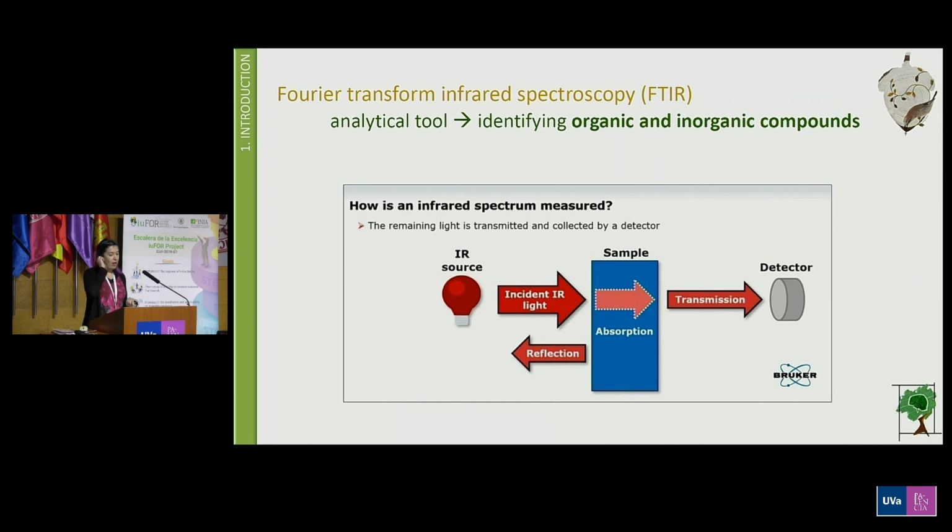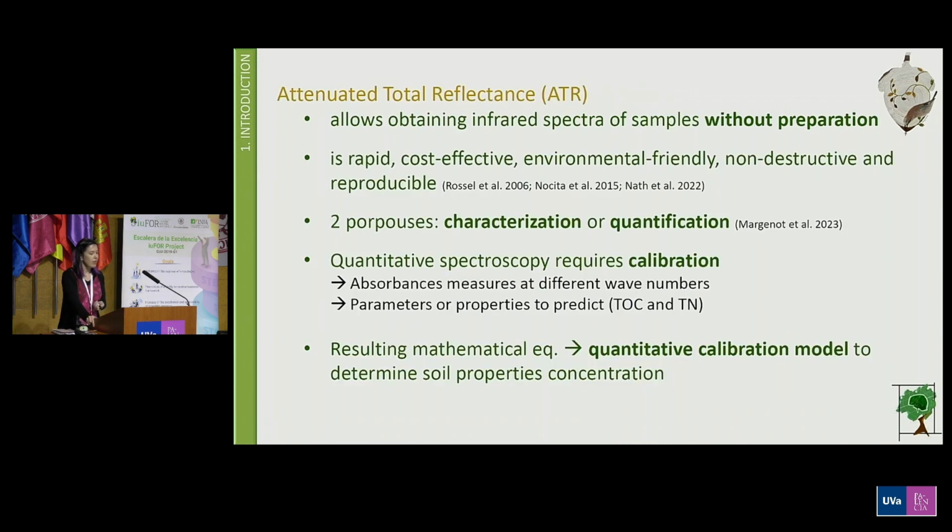So then we have the FTIR. The FTIR is a technique that measures in the MIR region, in the region that I already said, and is an analytical tool that allows us to identify organic and inorganic compounds in the soil, on the litter fall, whatever. And then we have another technique, which is the ATR, the attenuated total reflectance, that is also used in